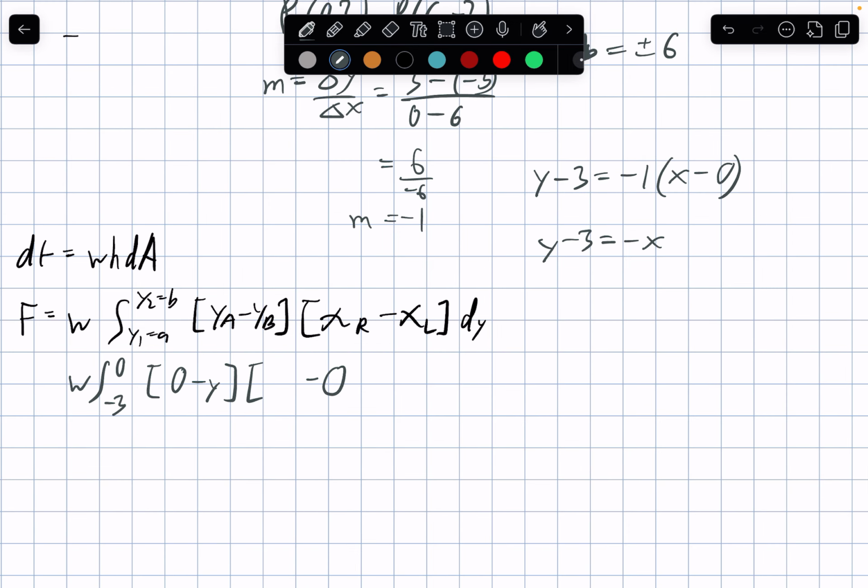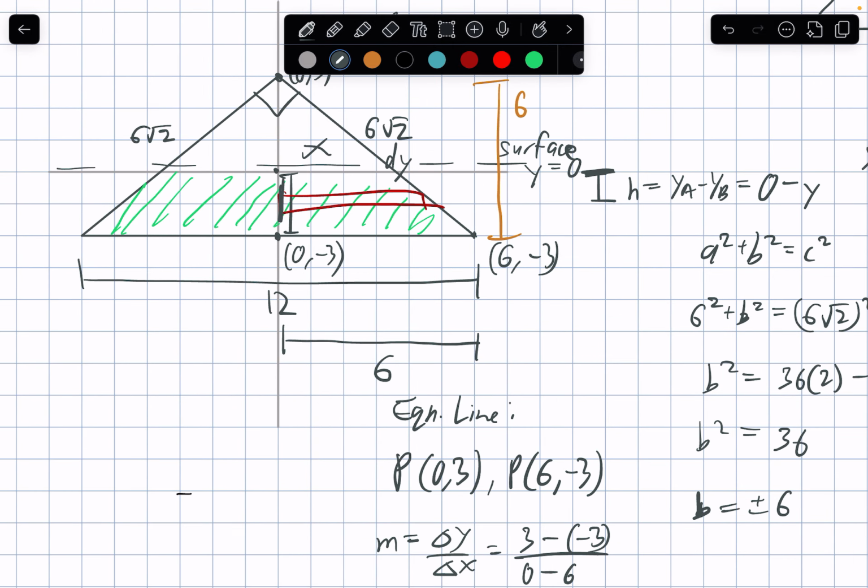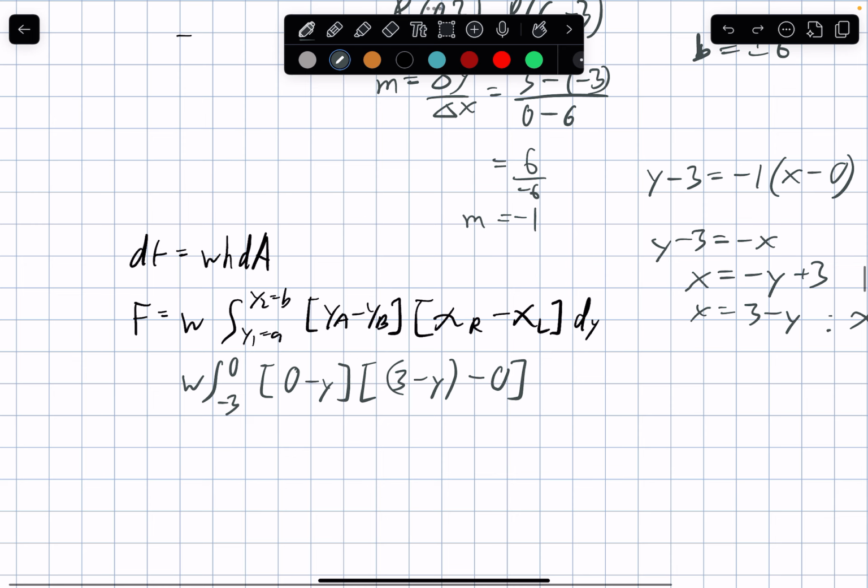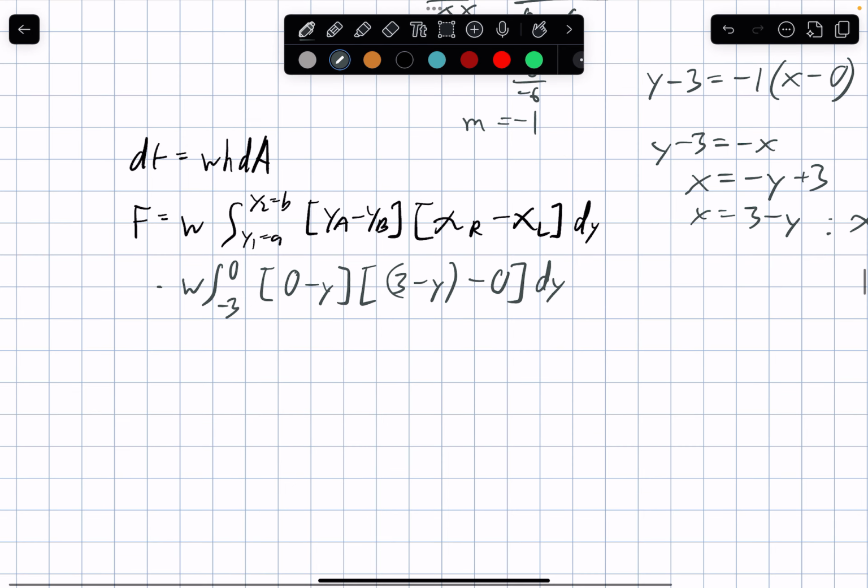Okay, that's it. And it says here x sub r, right? So we are gonna express, actually, yeah, we just have to express this in terms of x. So x is equal to, you transpose the negative to the other side, it's gonna be -y plus 3, or 3 minus y. Okay, so that is our x sub r. 3 minus y, and then minus x sub l is, again, 0. So dy. Okay. W, just simplify before we integrate. -y